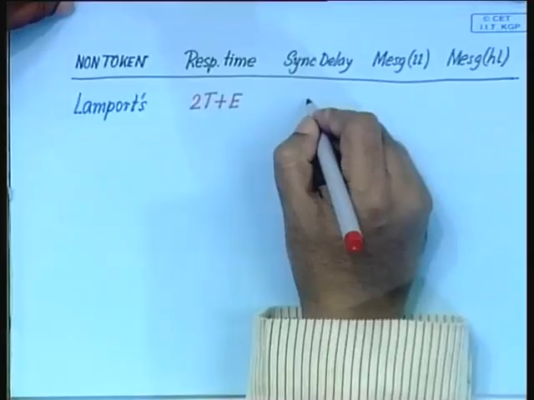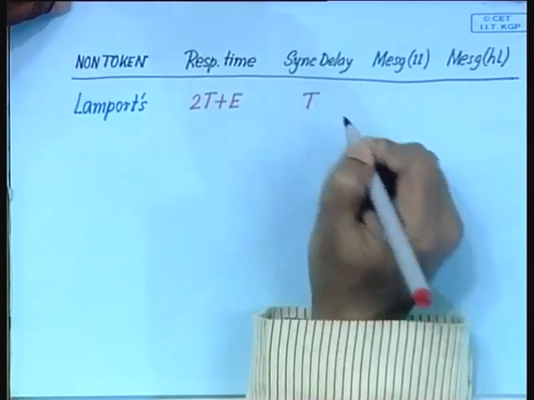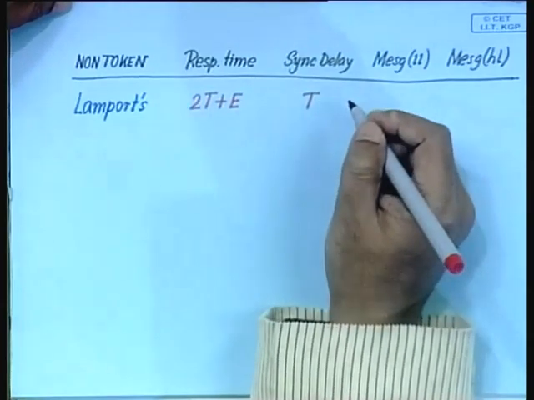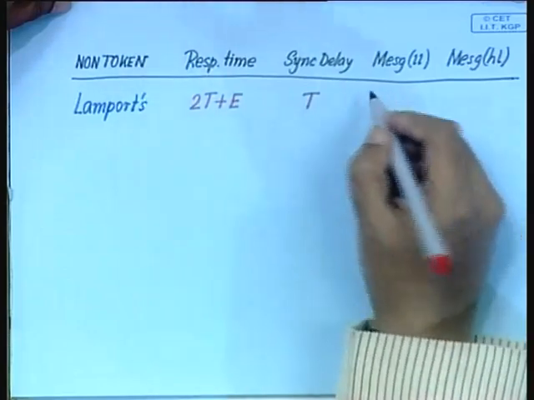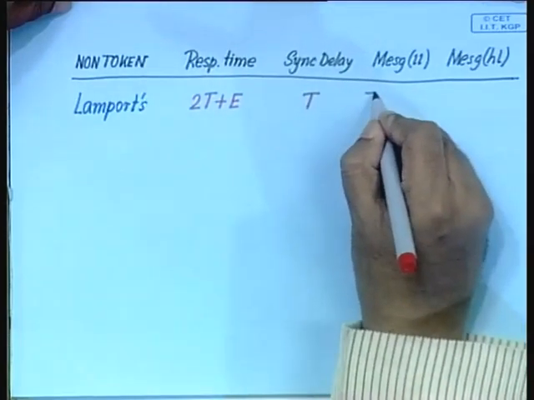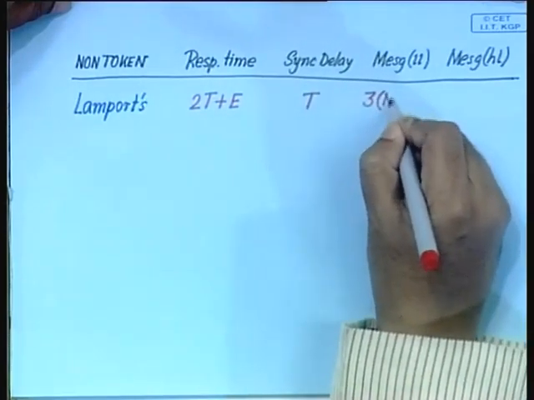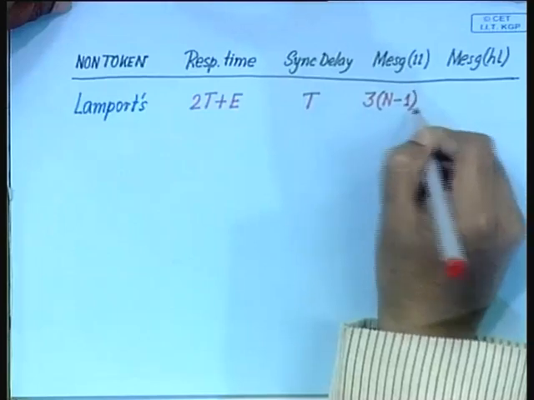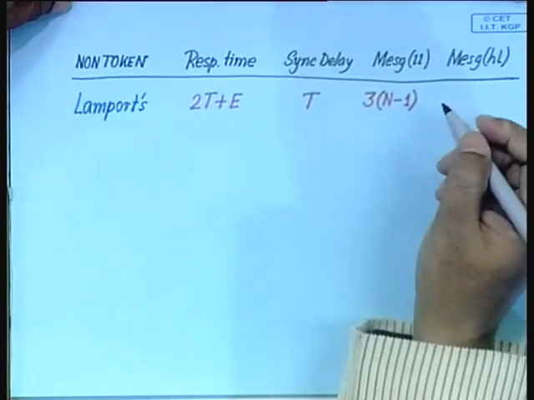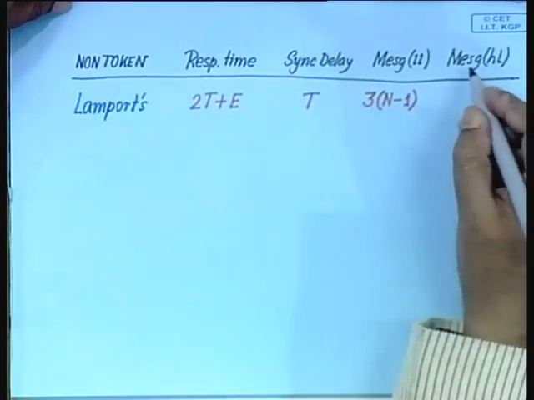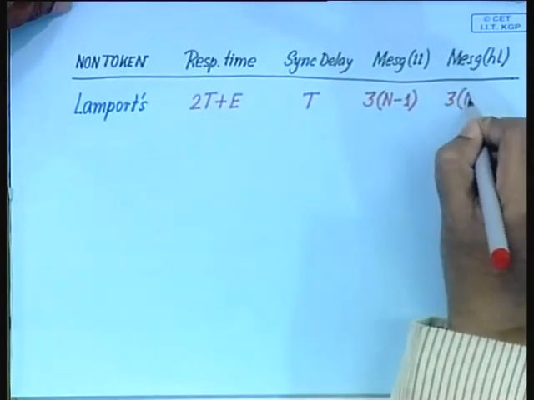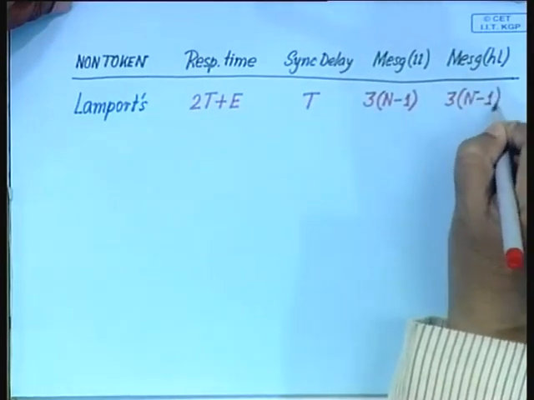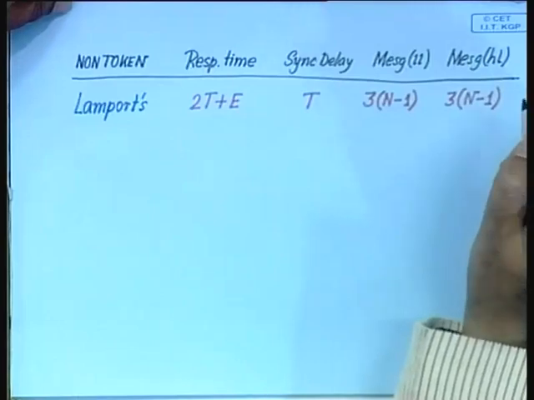What is the synchronization delay? T, because the release message will have to reach the next site. What is the message complexity? Thrice of n minus 1. And that is the same for low or high load, because it does not distinguish between these two scenarios. So, this is 3(n minus 1). Now,